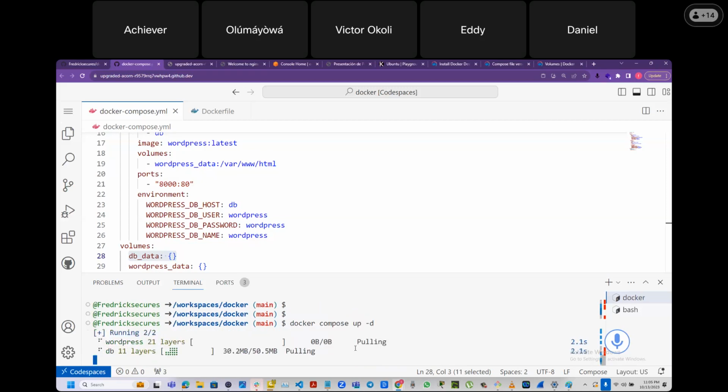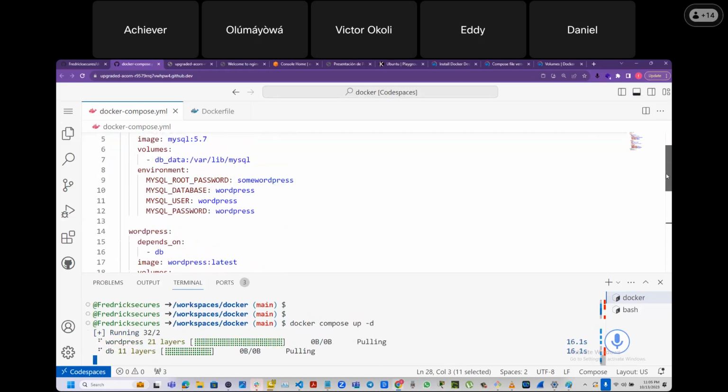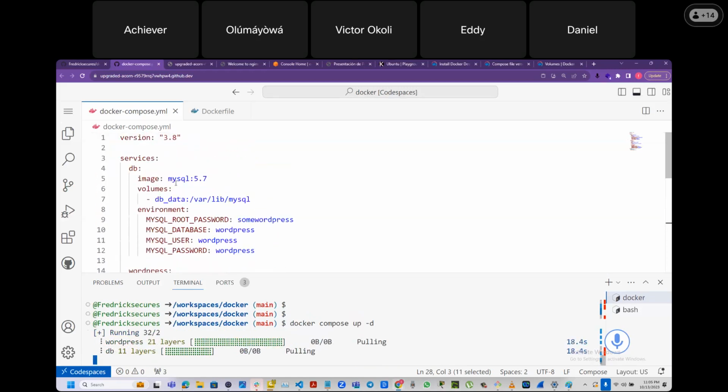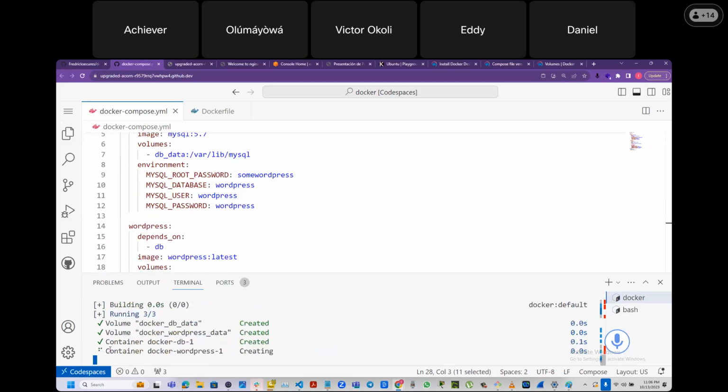So did you notice what's happening? Friends, did you notice that it's downloading the WordPress? This WordPress does not exist, so it's downloading it. The DB, this MySQL, does not exist and it's downloading it. Did you see? This image is downloading this image. That's why you can see under the database, that's what is happening. WordPress is downloading WordPress, so it depends on the size. It's done with